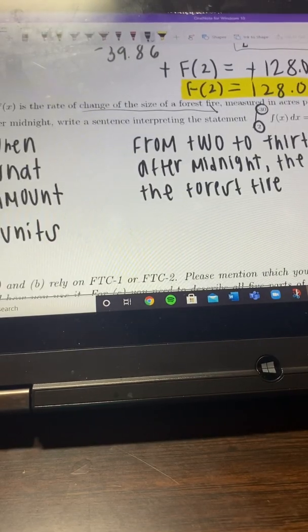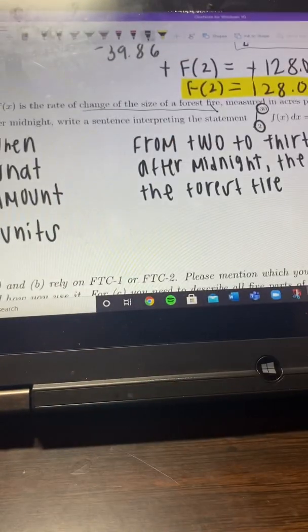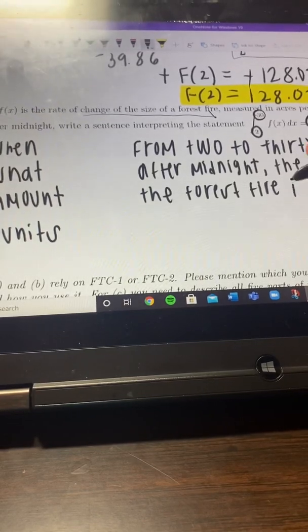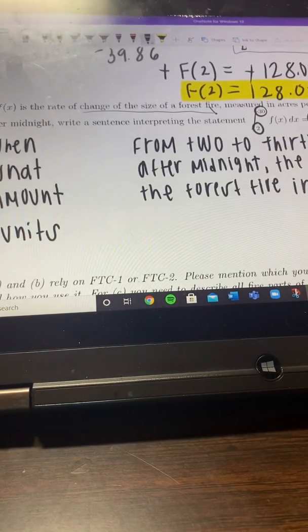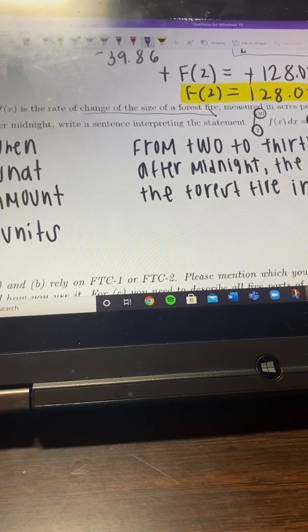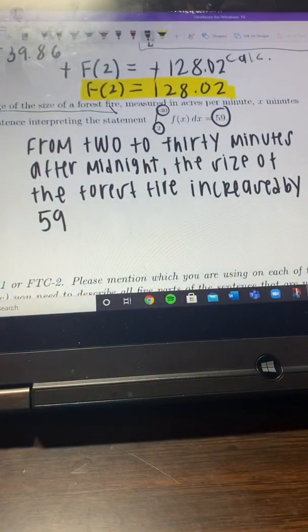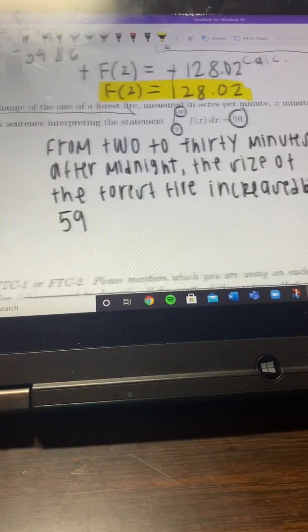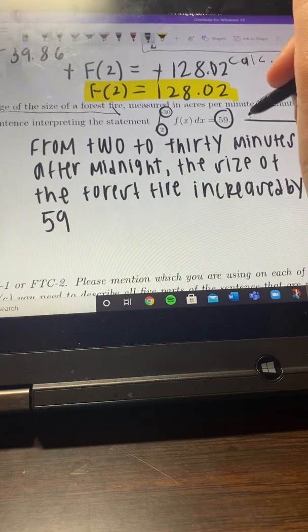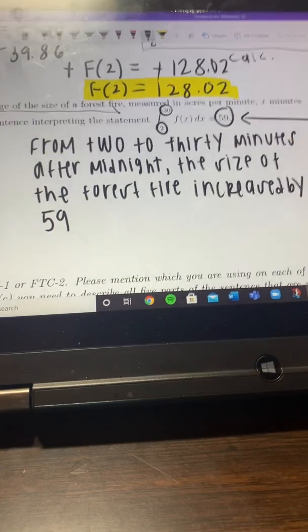And then amount is 59, so increased by 59. And for the units, we don't know what those are unless we look here and you do